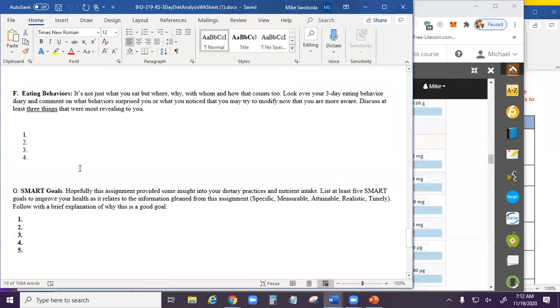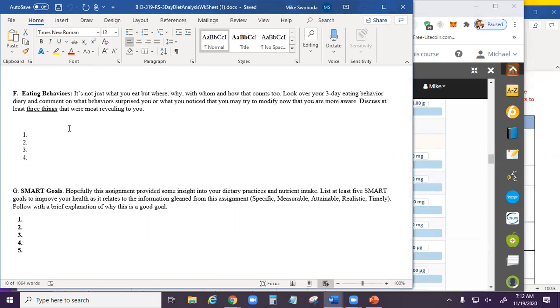All right, and then these last 2 parts here, eating behaviors and SMART goals. Eating behaviors is just what you have personally observed with your diet after you really see all the numbers and everything that you actually consume.